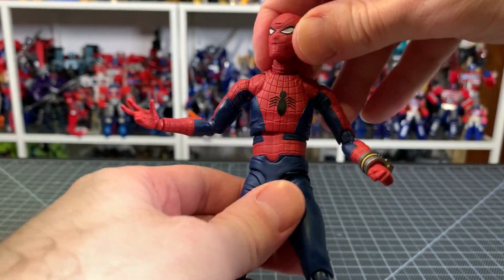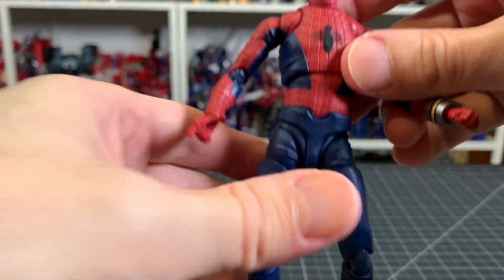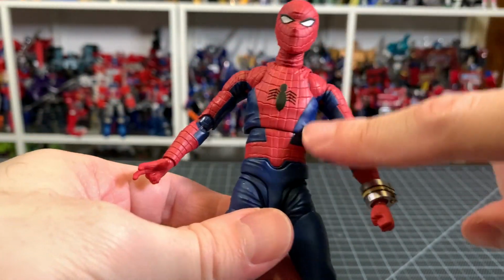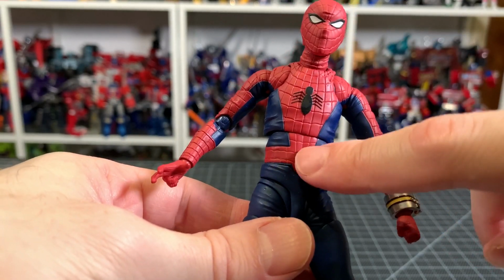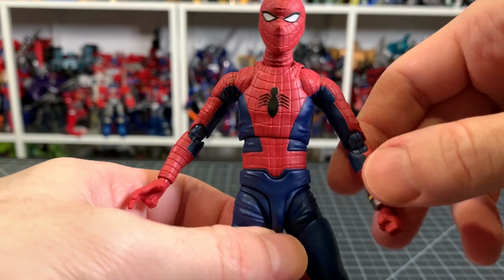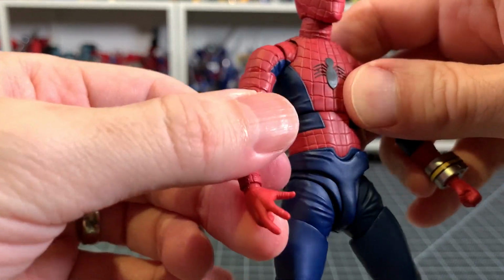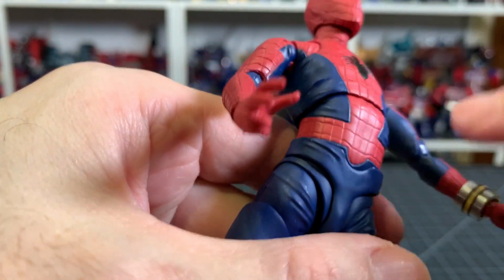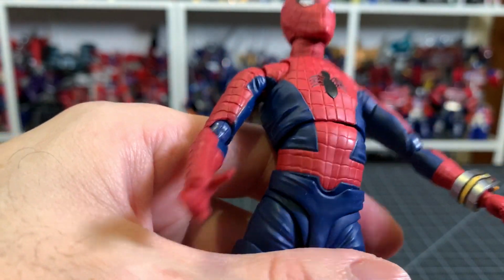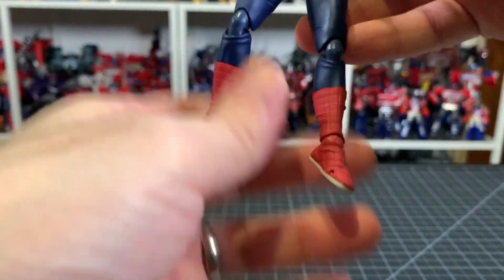All right, and taking a look at this guy further. The one thing I'll say at the outset is I really, really wish there was some sort of wash on this guy, some sort of really dull gray within the webbing. That would have been really good. It would have helped this guy a lot. Right out of the box, I had a little bit of a scuff right there, but I wiped this guy down as I do all my figures,